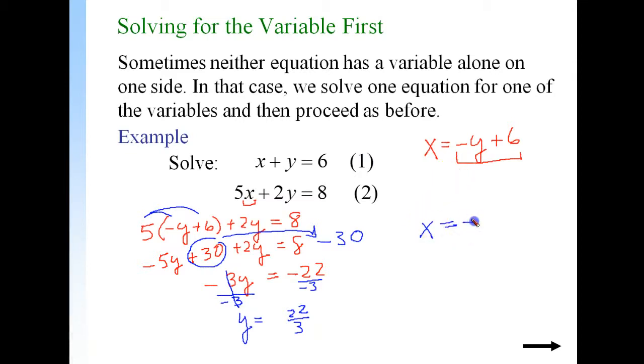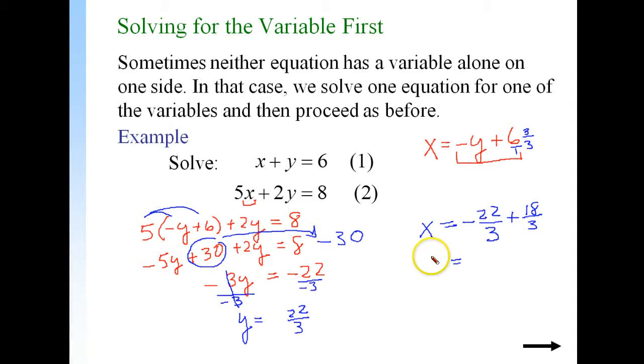This is going to be a negative 22/3 because y is a positive, but in this formula we have to make it a negative, and then it's going to be plus. Now I want to make that 6 into a denominator of thirds, so I'm going to multiply it by 1 in the form of 3 over 3, so this gives me 18 over 3,